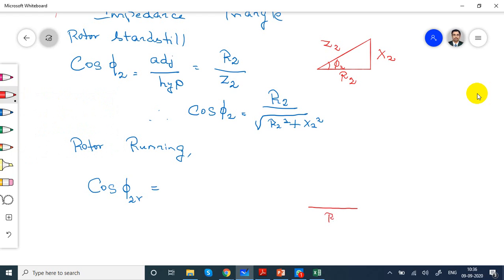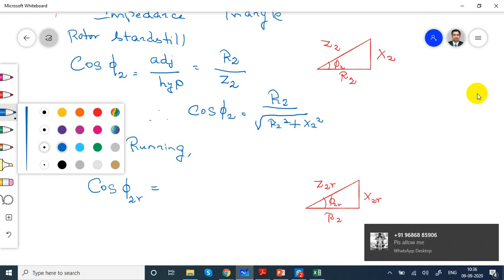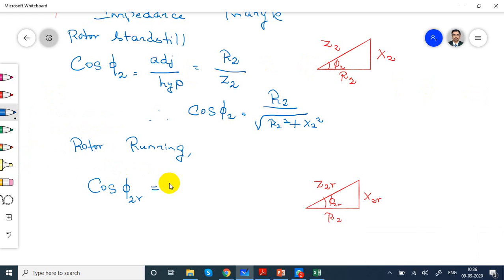The bottom is R2, this is Z2R, this is X2R. The angle is phi 2R. So cos phi 2R equals